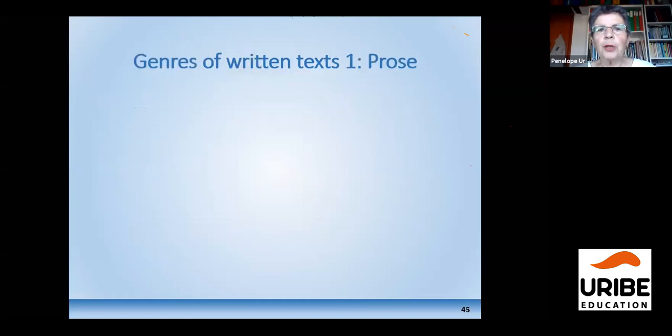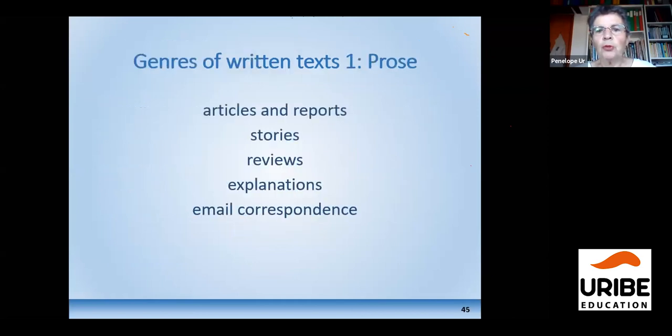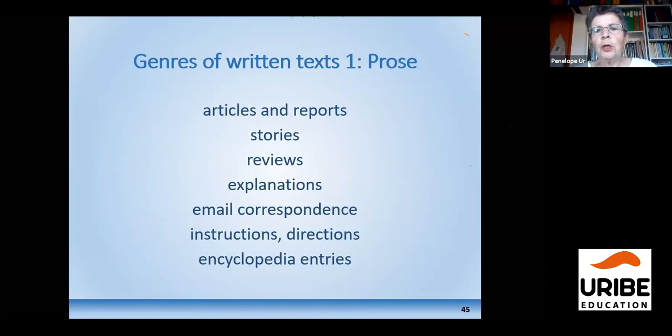For example, I'm not going to read these out, but just skim down and see all the ones that are here. All sorts of different kinds of prose text, which the textbooks don't usually give us, but which are easily downloaded and simplified from the internet.